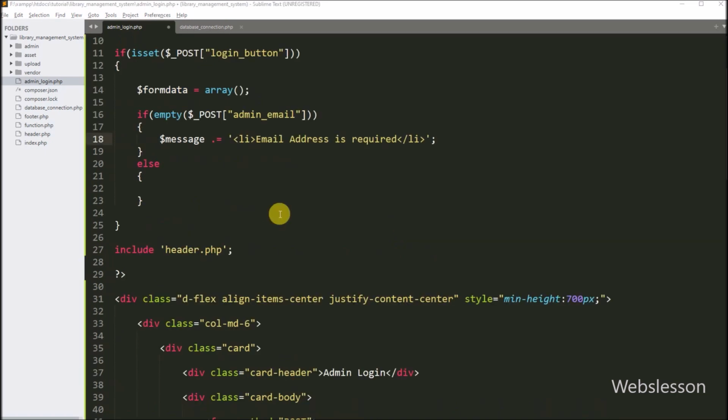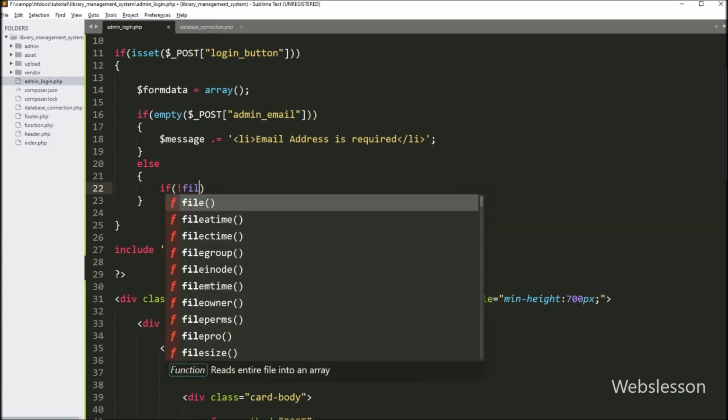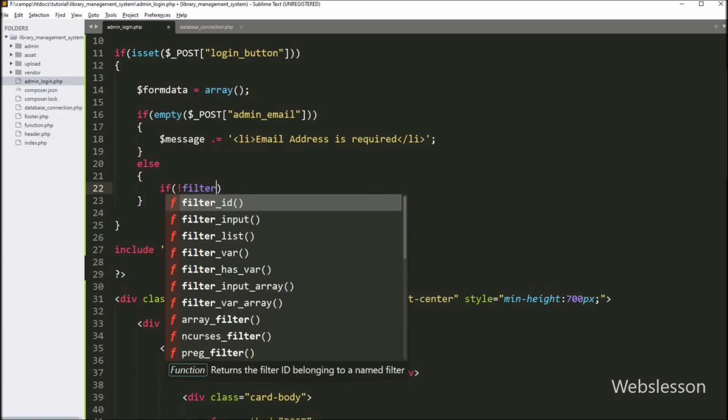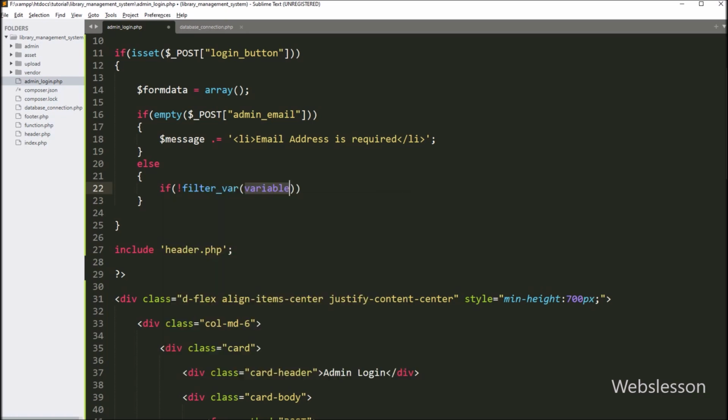But suppose the above condition is false, then it will execute the else block of code. Now we want to check the email address format. So for this, here we have written an if statement, and under the condition, we have written the not operator with the filter_var function with 2 arguments. In the first argument, we have written the $_POST admin email variable, and in the second argument, we have written FILTER_VALIDATE_EMAIL.